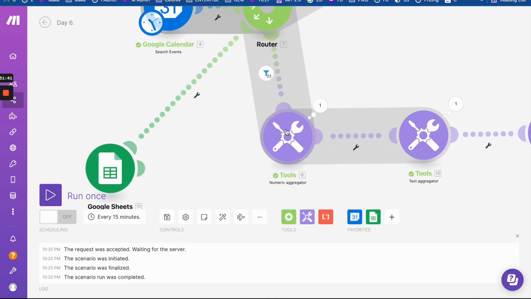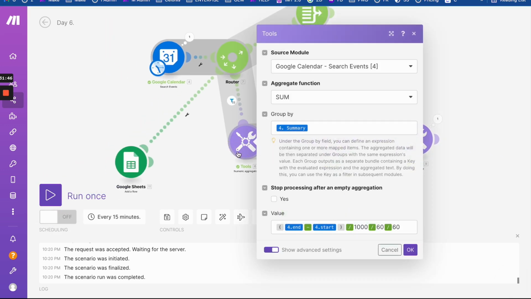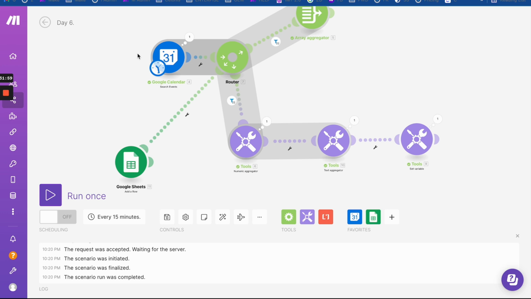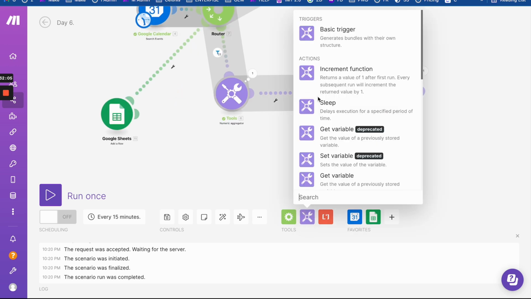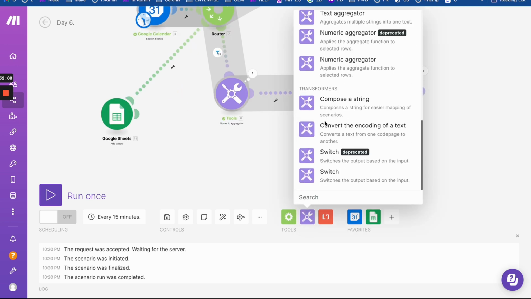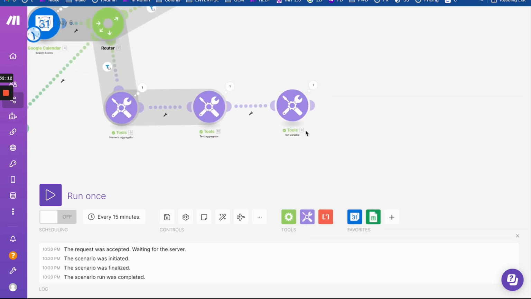We also can group this by week, for example. Instead of using the summary only, we can group this by week. We can probably apply something else. So let's try to find the best ways for it. Okay, and for that, I would use the option. So you remember we spoke about the week that Make itself can give us. So again, set variable for a quick test. We actually can use this one